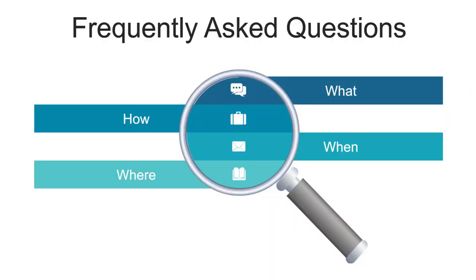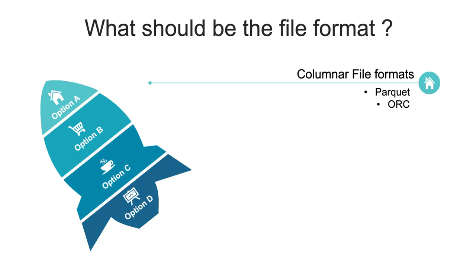Now we will move on to the 10 frequently asked questions. And these questions in turn will tell you what are the things that you should keep in mind while you are doing the data ingestion. The first question could be, what should be the file format? So when we ingest our data, we may get data in different formats, maybe CSV, TSV, JSON, XML. But ultimately, when we ingest that data, we have to put it somewhere in, let's say, a landing zone. At that point of time, what should be our storage format?